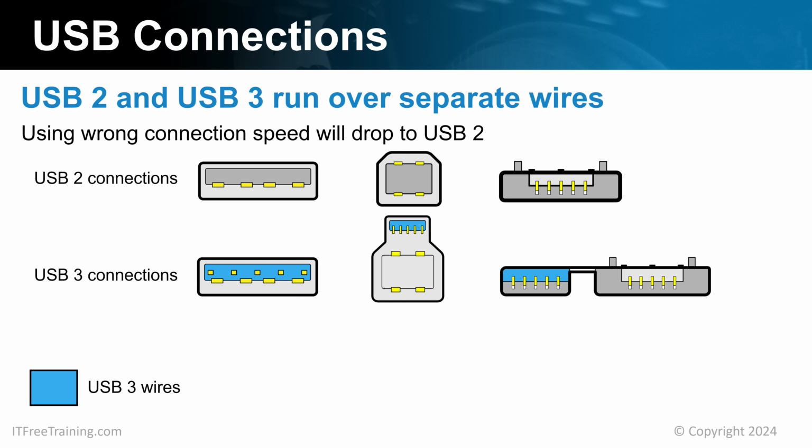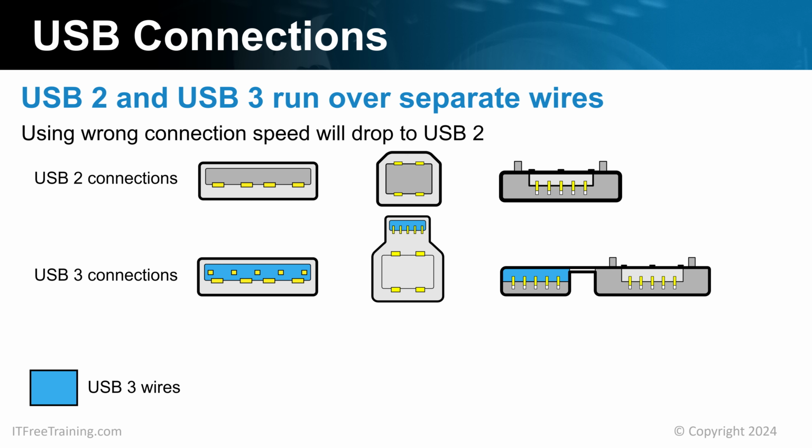Normally, a USB cable that supports USB 3 inside of the connector will all be blue. You will see in each connector, the USB 3 pins are simply added to the connector. In the case of the first connector, it is the same size as the USB 2 connector. For the other two connectors, the connector is bigger than the USB 2 connector.